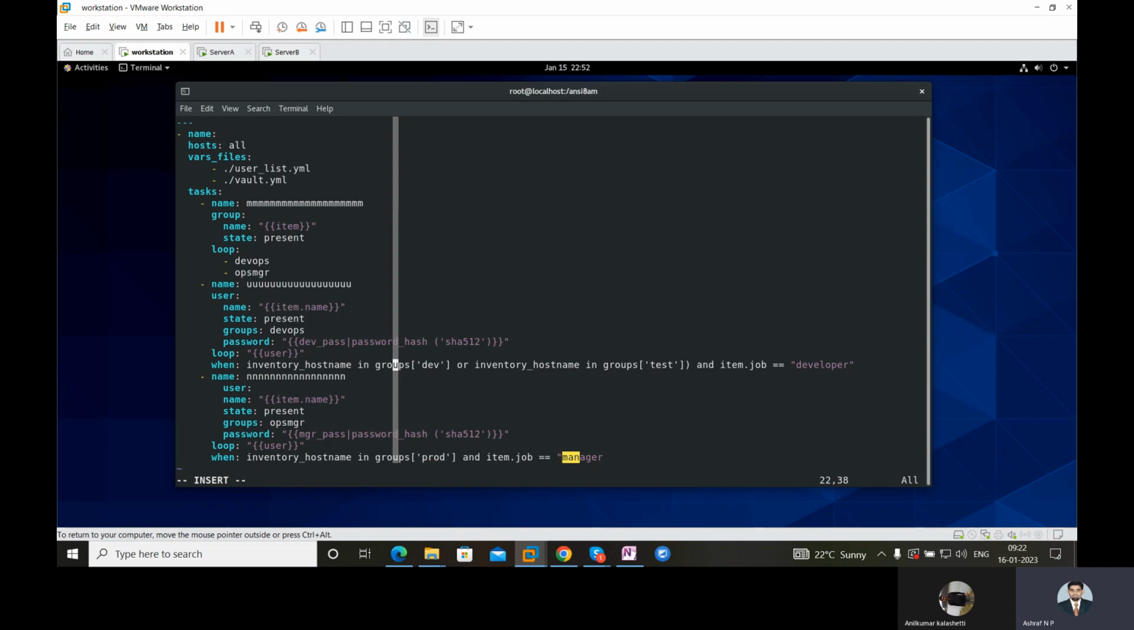Okay, we are using just the AND operator. We have used a condition and an operator; the OR operator I don't need, I have only one. There are two conditions. The first condition is inventory hostname in groups dev and item.job. What is item? Item will hit